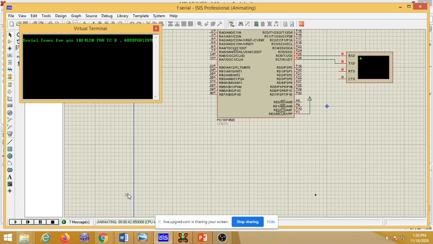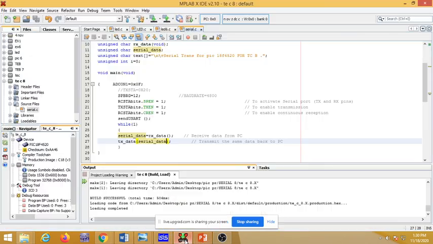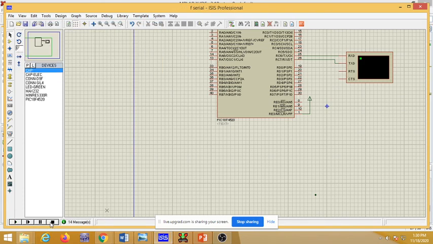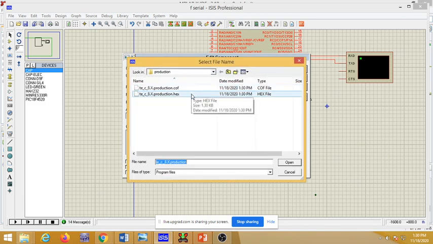Whatever data is received by the controller is passed to display. Suppose you write +2 here, it will add 2 to the ASCII value of the given character and display the next two characters. For example, if you want to execute that, that is also possible. Here I will write +2. Again save that, build that. Now I will dump that code again. I will stop this first, then dump the new code. The path remains as it is.